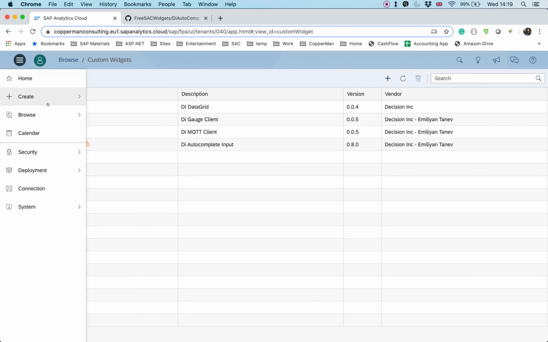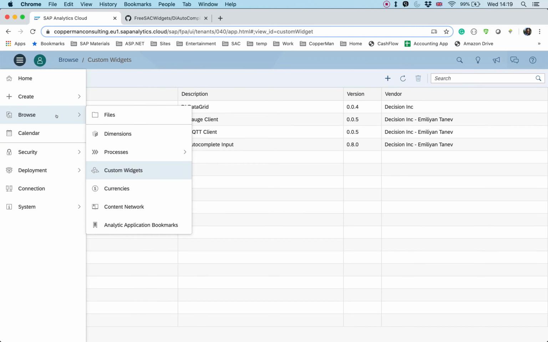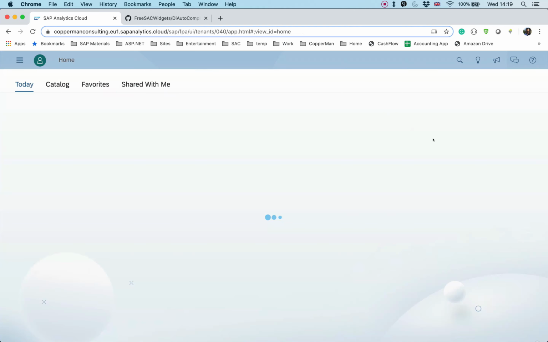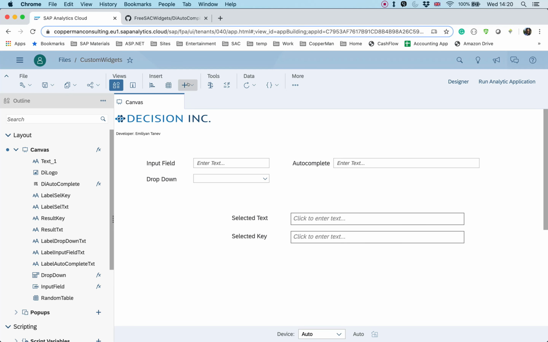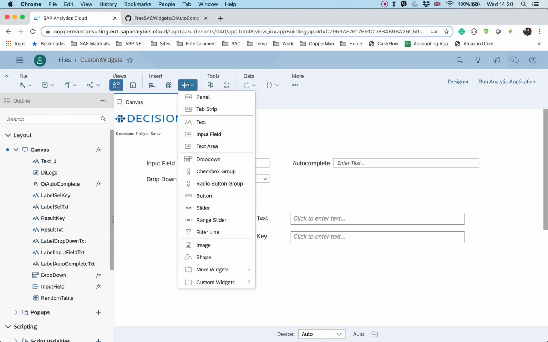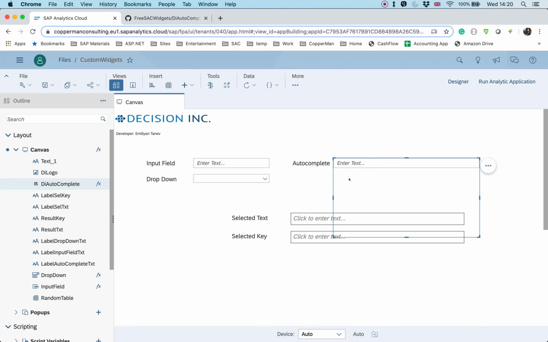And okay, as soon as you have it here, you open your custom widgets app, and on the insert menu you have a custom widgets place where you'll see this is the DI autocomplete widget. Keep in mind that when you insert a widget, you need to provide some space for it to expand the list